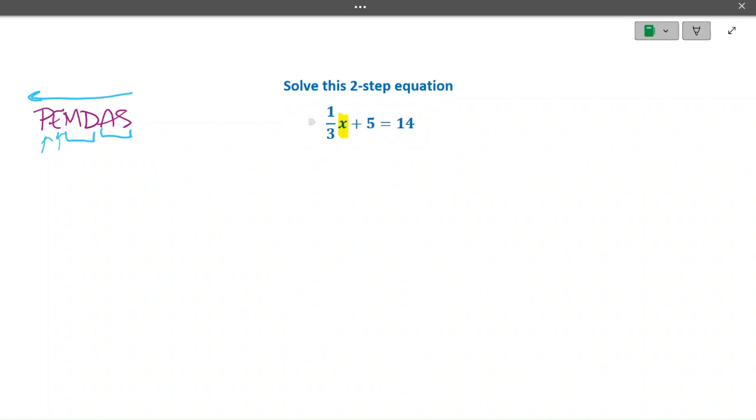All right, I like to start when I'm solving equations by dividing my equation into two sides because in math, what we do to one side of the equation, we do to the other. So our goal is to get x by itself, but first we have to get this term, 1/3 x, by itself. So to do that, we are going to follow order of operations and deal with any addition or subtraction